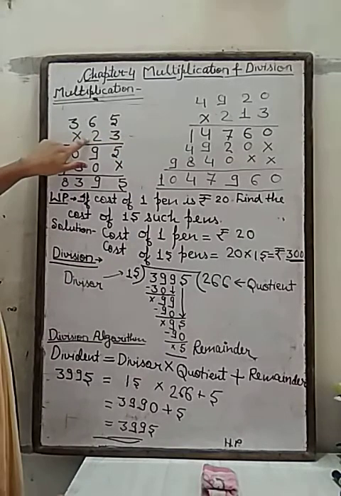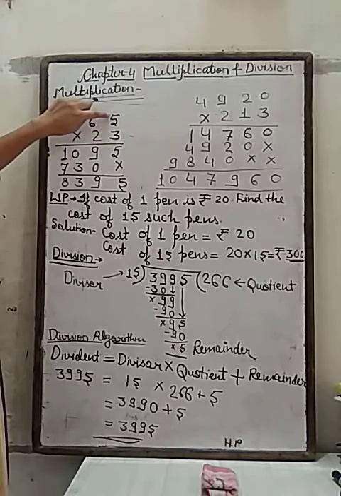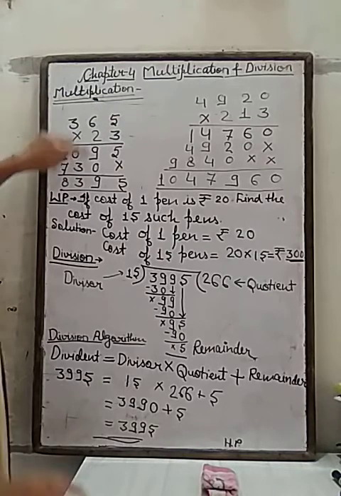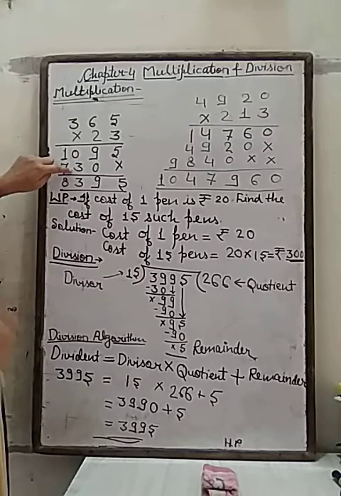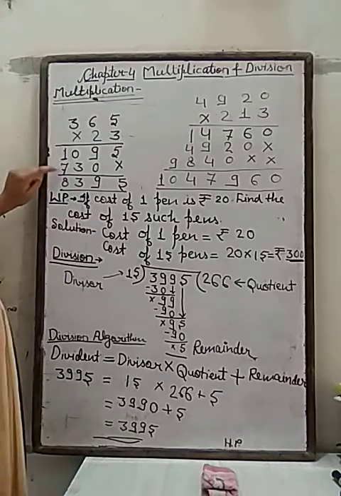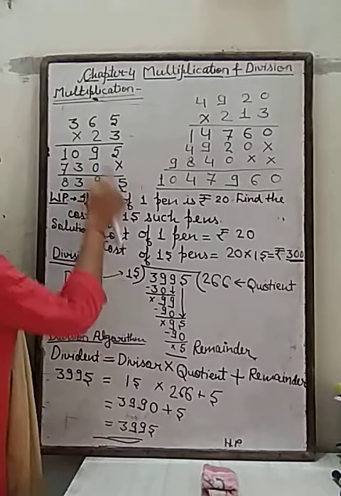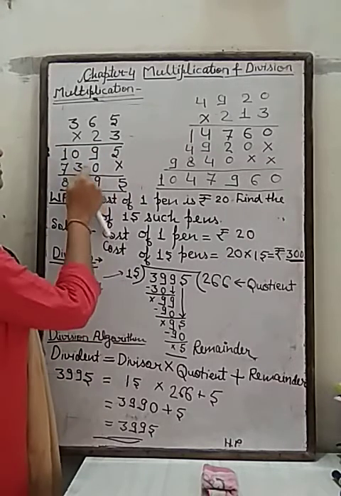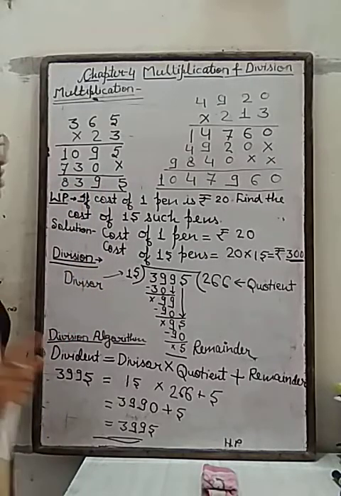Now we will come to the next digit, that is 2. Now we will multiply 2 in all these 3 digits. 2 5s are 10, 0. 2 6s are 12. 12 plus 1 is 13. 3 carry 1. And 2 3s are 6. 6 plus 1 carry, that is 7. Now we will add all these. 5, 5. 9 plus 0 is 9. 0 plus 3 is 3. 7 plus 1 is 8. Okay, this is our multiplication.